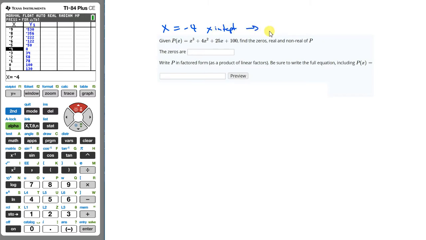So that tells me that x take away -4 was a factor, which is another way of saying x plus 4 is a factor. Okay? That's supposed to say factor right there. Sorry about that. Okay, so I'm going to remove that from the rest of the polynomial, and we do that